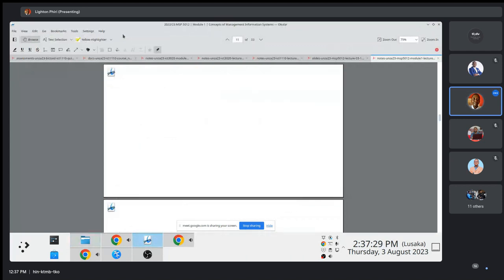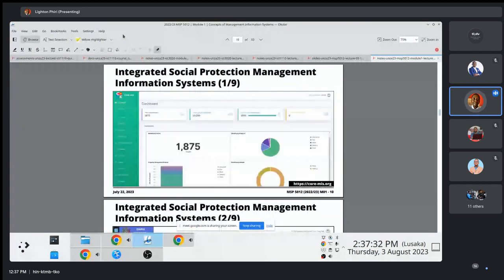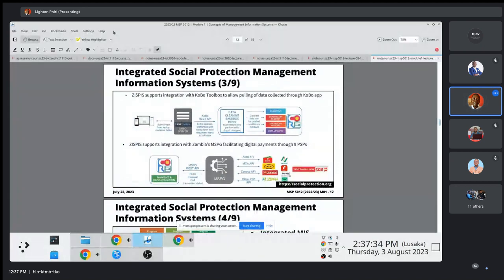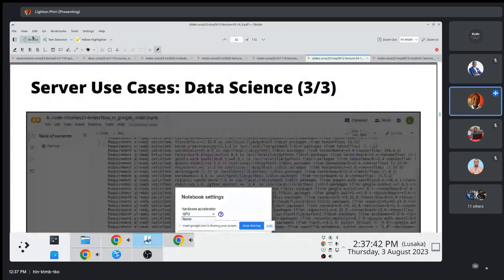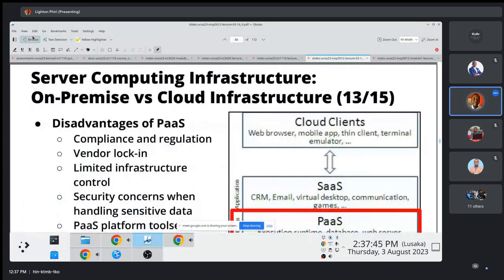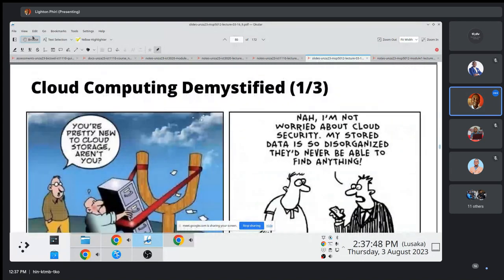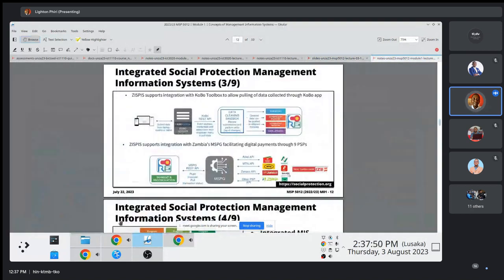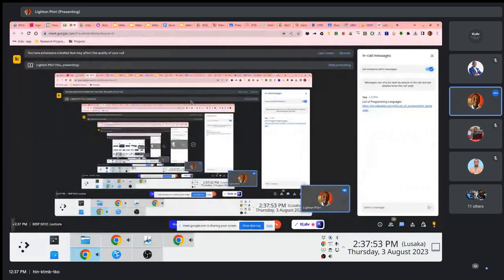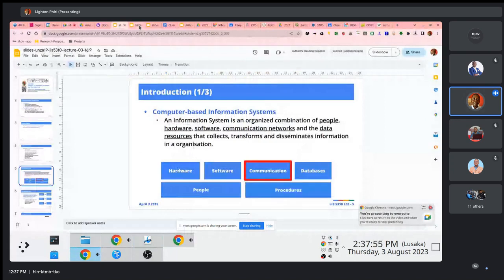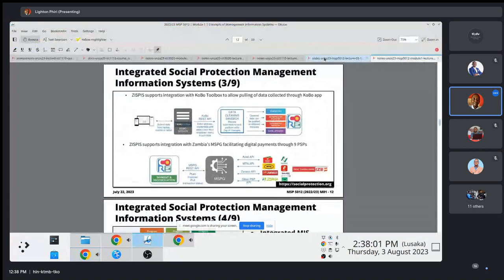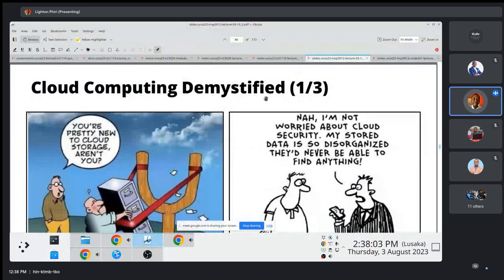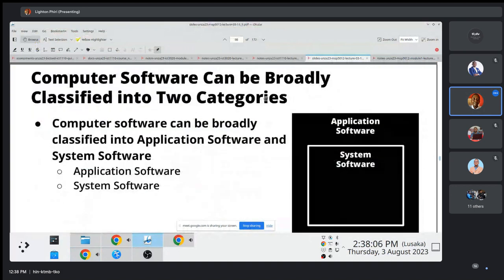One of the things that was highlighted in this discussion, I hope this is it. I'm lost here, context path. I think it's here. There we go.